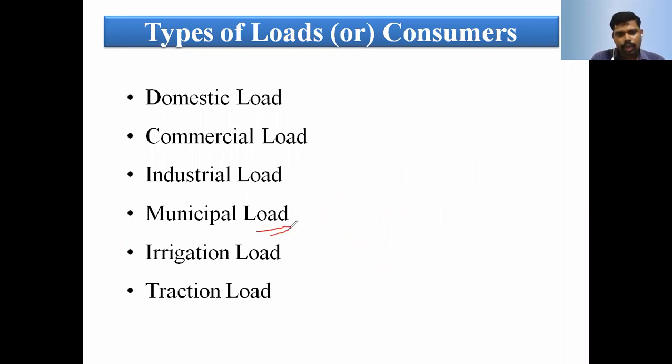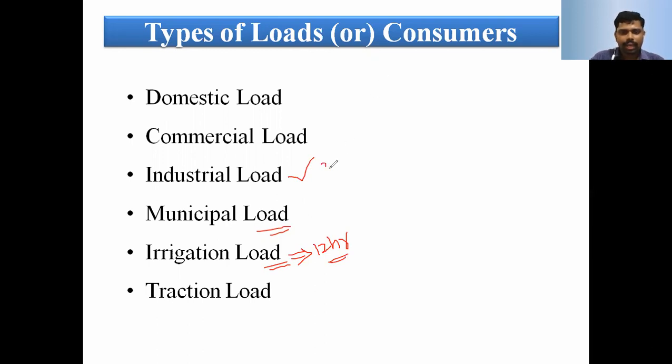And the next one is the municipal load. The municipal load is used for street lights, highways and roadways, the drainage purpose, and supplying municipal water to the consumers. For this purpose, it is used as municipal load. And irrigation load: in this irrigation load, the load should be varying for agriculture purposes and so on. Previously, the load was connected only for 12 hours. For irrigation purposes, they supply 12 hours per day, because in industrial consumers, a maximum of 80% of the industry only works in the daytime.